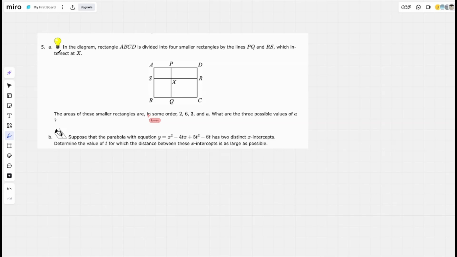For this one, basically, you know that for these rectangles, for example, the area ratio between rectangle APSX over PXDR is equal to SXQB over XRCQ. And this is because